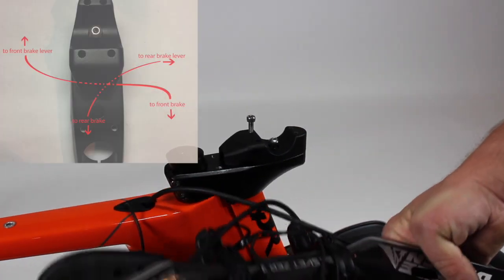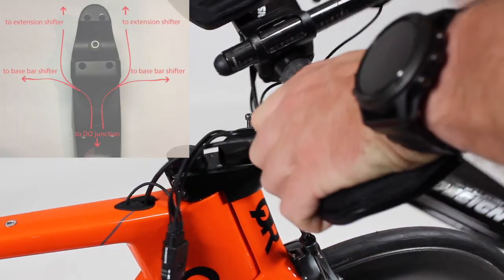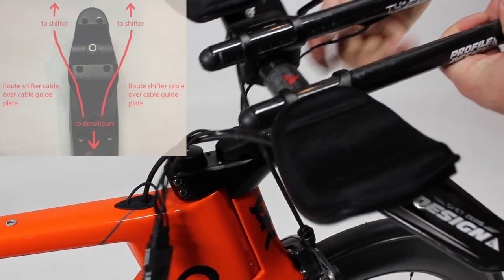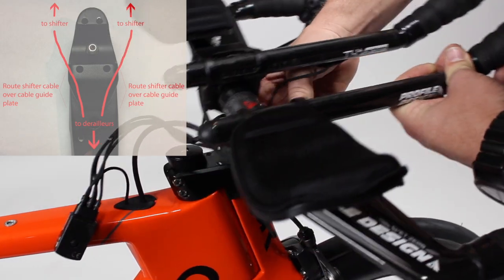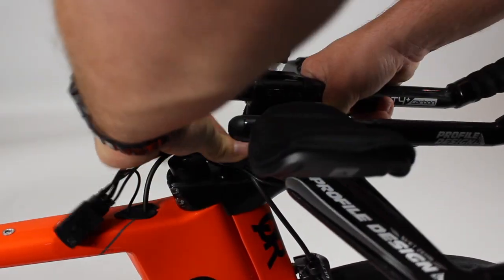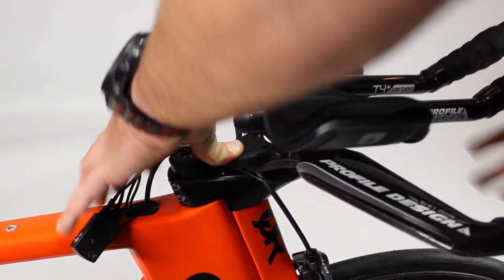Next, you'll want to bring your handlebars up and route your cables through. This is the tricky part, but this can be done by holding the bars in place and routing the cables through the appropriate holes. You'll notice the graphics with the bar cable routing. These will also be set at the end of the video and can be referenced at any point in time. When routing your wires, please take care not to pinch any Di2 cables between the stem base and the